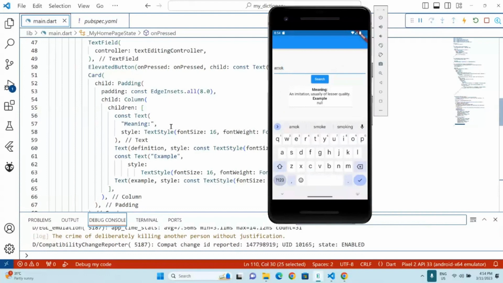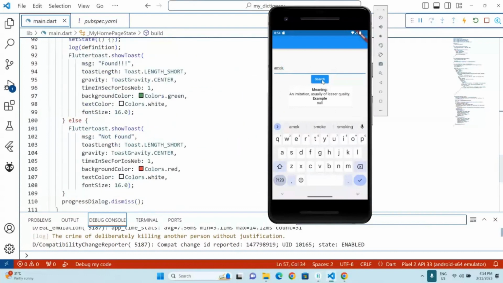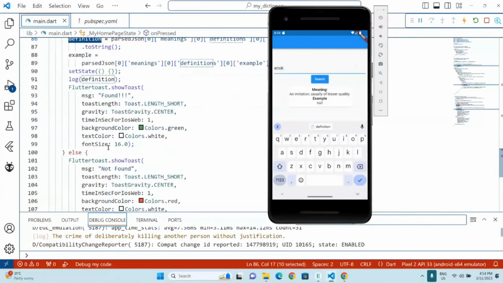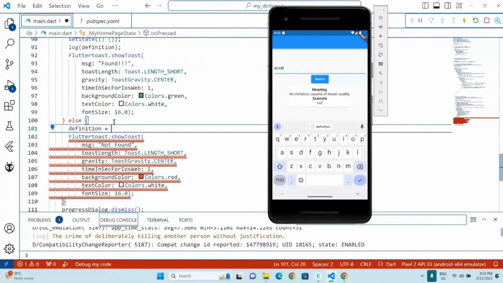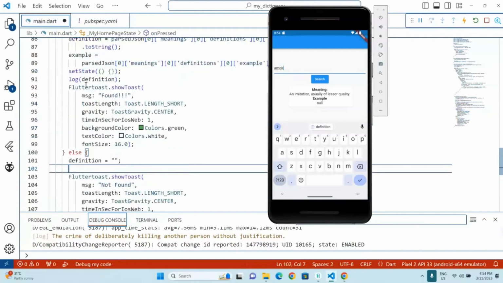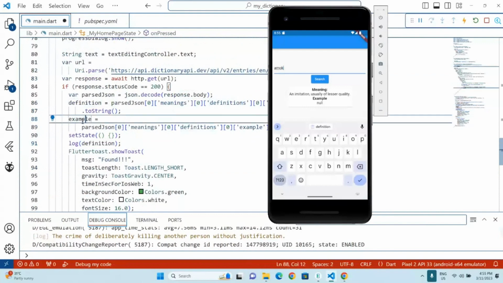If you don't find anything, maybe you want to clear. So let's say not found. I just say there, you can see not found. So if not found, you might want to clear definition and example back to empty. This one is for found. If not found, so we might want to reset. We want to reset and then set everything back to empty, and also goes with the example so that we